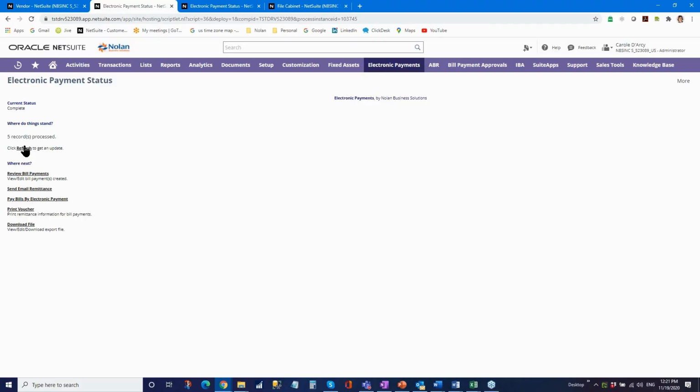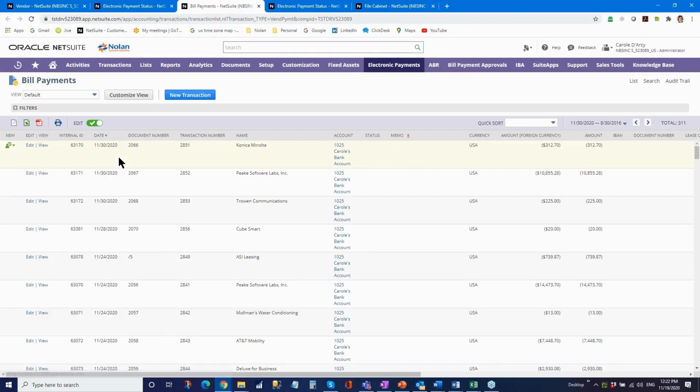So we can see that 5 payment records have been processed based on my selection. So if we want to review what the bill payments look like, I'll give you an opportunity to do that quickly here. So we got 5 bill payments that were generated. We can see, we're going to sort a little bit on a different